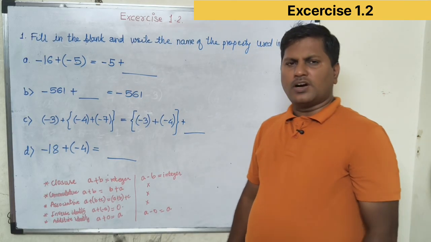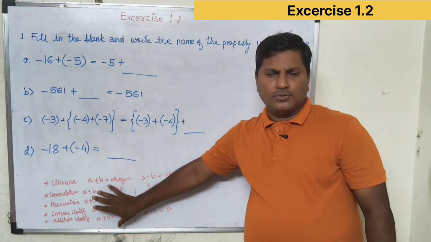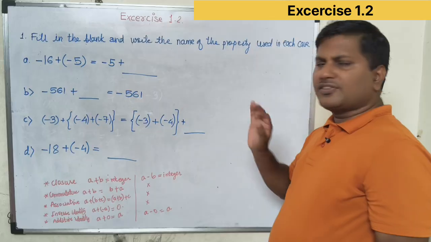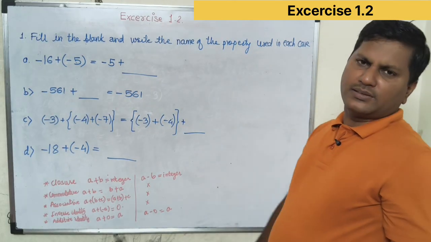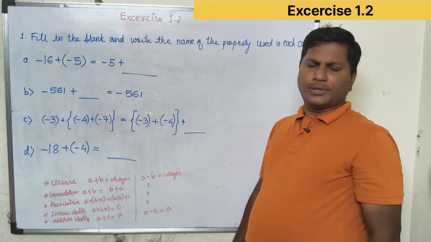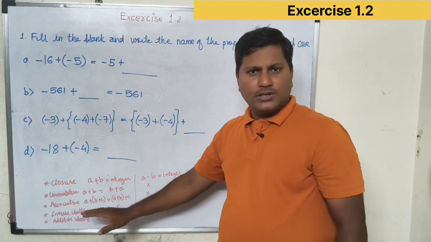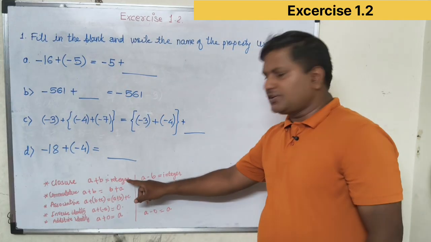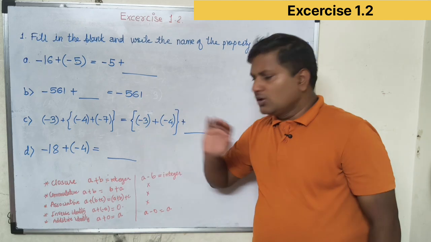Okay, dear children, after properties of addition and subtraction of integers, we are going to solve exercise number 1.2. Properties we just overlook, that is the closure property. A plus b gives an integer, or a minus b, that is subtraction, gives an integer, then it is a closure